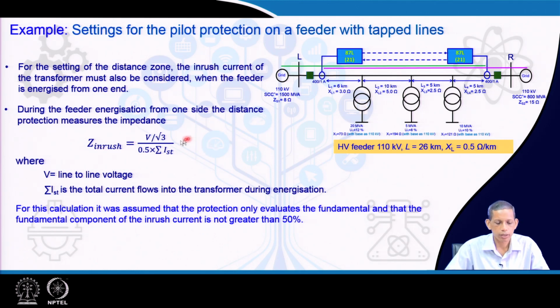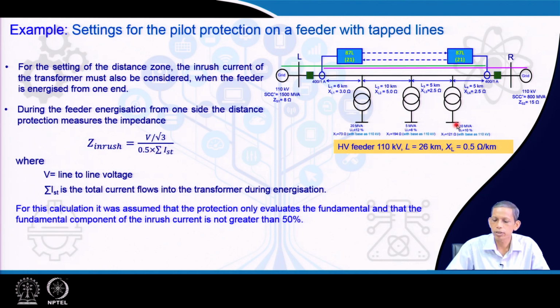So, in the corresponding inrush situation, a current will flow, and that will be the summation of all the 3 inrush currents. So, what is the corresponding impedance seen by the distance relay? That is our interest. So, Z inrush from any end side: V by root 3, 110 by root 3 in this case, and then we assume that the corresponding inrush has a fundamental component of 50% maximum for that maximum inrush situation,